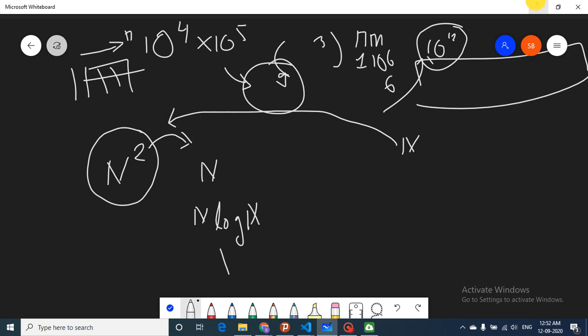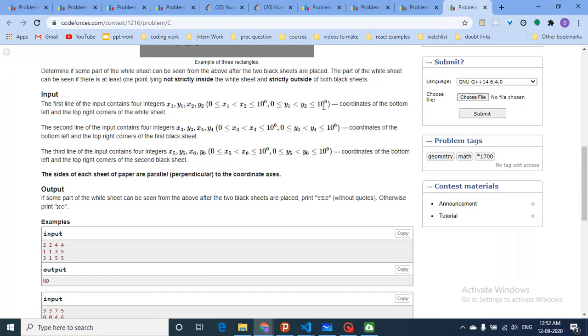So that's the thing. You cannot just always see 10 to the power 6 and say that I have to do this in O of n, because these are actually the coordinates. These are not the placeholders or the n which we are given. We have to iterate over them. This is not the actual n. We have to see what the value of n is. On the values we have to iterate. I cannot iterate over more than 10 to the power 6 blocks in 1 second. These are just the values, the coordinate values.